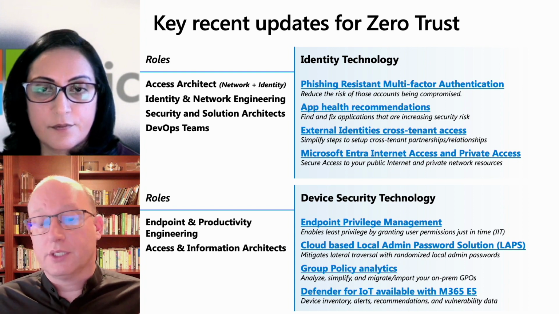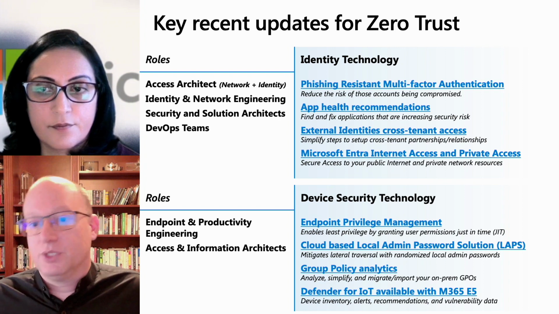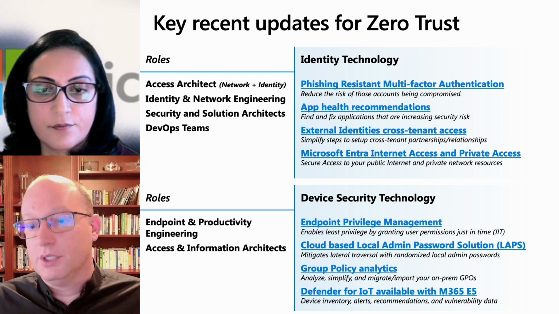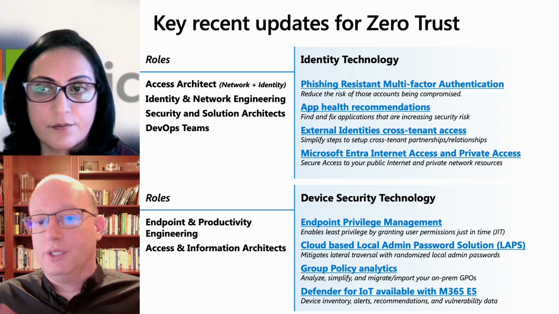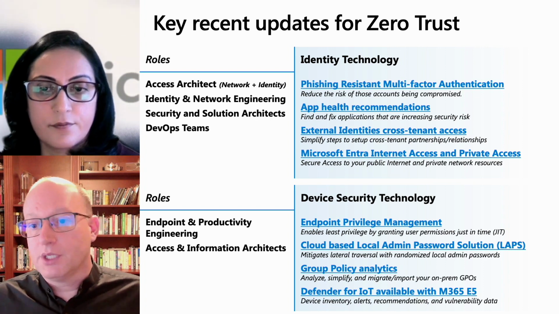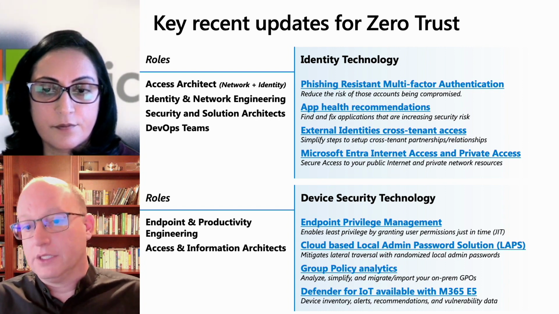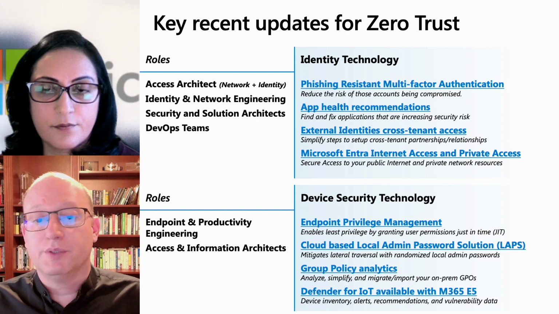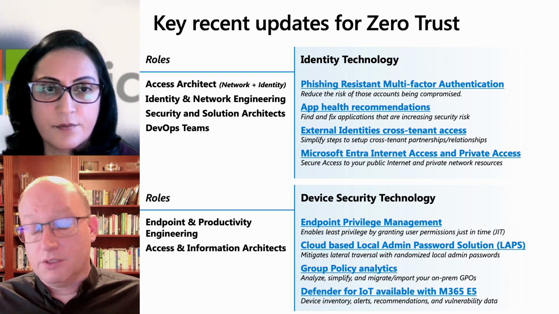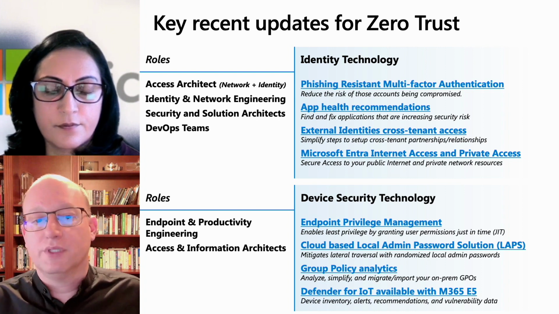Group policy analytics helps you get an understanding of all your GPOs, because GPOs are simple, right? Not so much, but it helps you get a handle on those so you can migrate them to the modern approach using Intune and other MDM technologies. And then this one isn't exactly a technology release, but it's a very important change. Folks that have a Microsoft 365 E5 license now have access to Defender for IoT capabilities. Very cool. You can look at your IoT devices in addition to your traditional IT devices. And of course, Defender for IoT will look at IoT and OT devices for reference there.